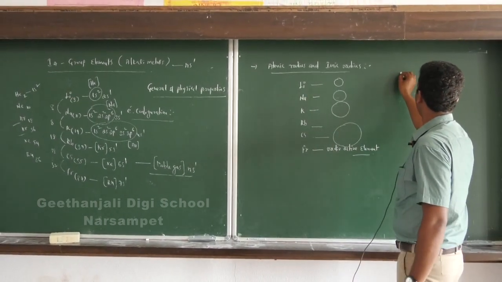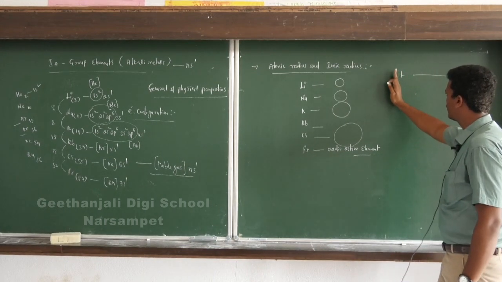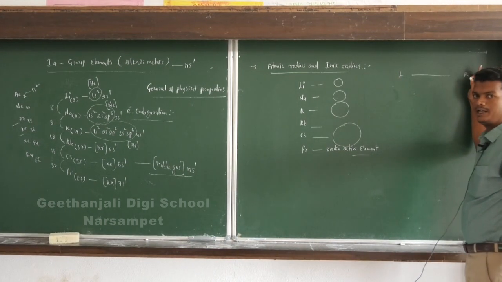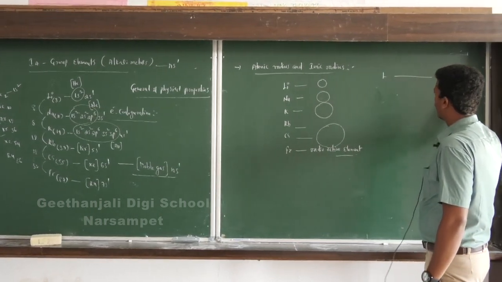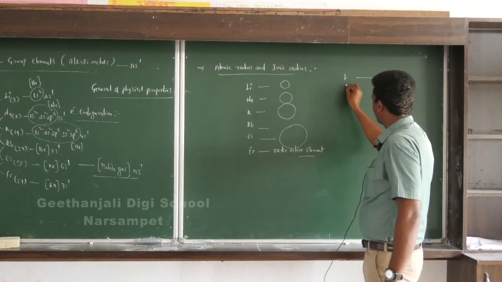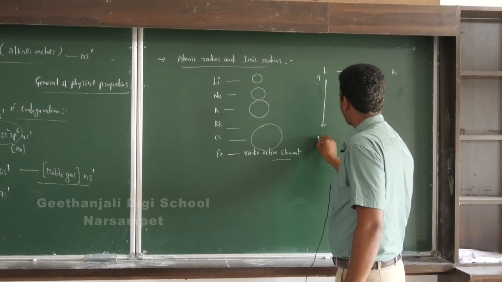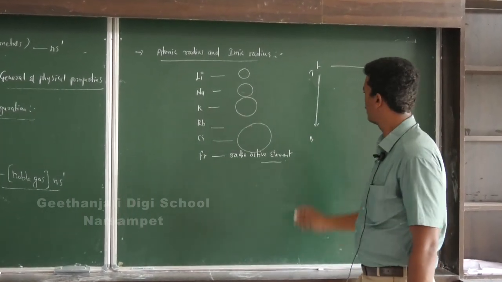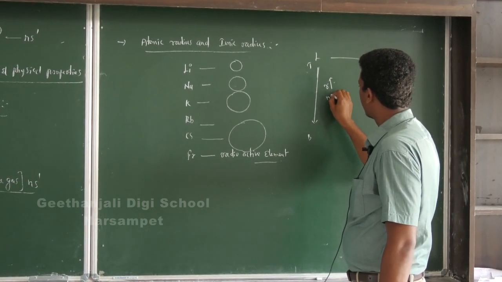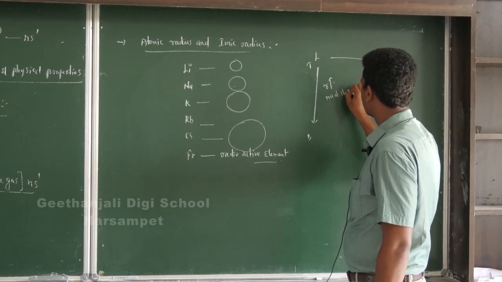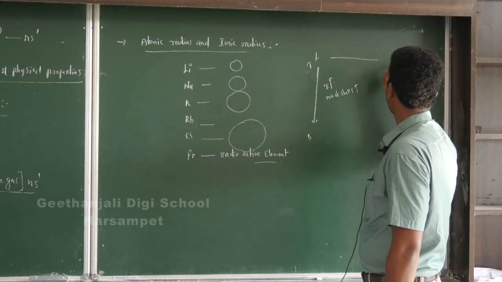from top to bottom. If you see here, this is the left position of the periodic table, and this is the right position of the periodic table. On moving from left to right, the atomic radius will decrease. On moving from top to bottom, the atomic size will increase. Here the radius will increase, the number of shells increases, so the size will increase. Here to here,